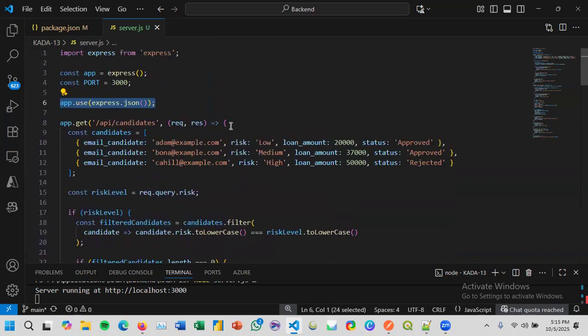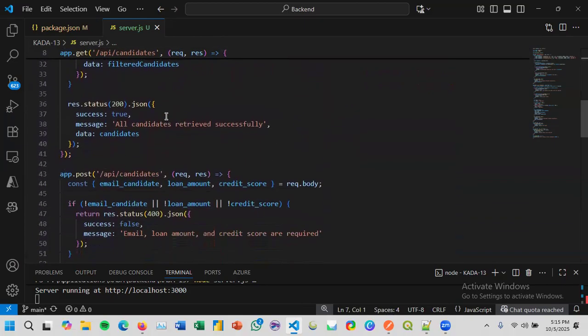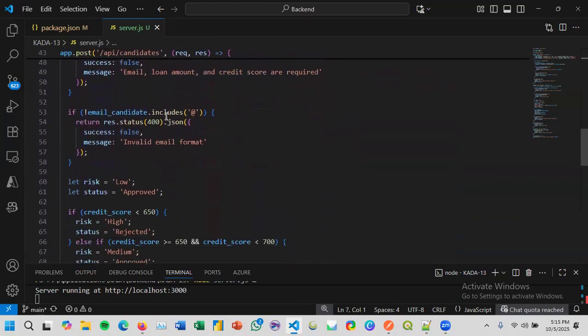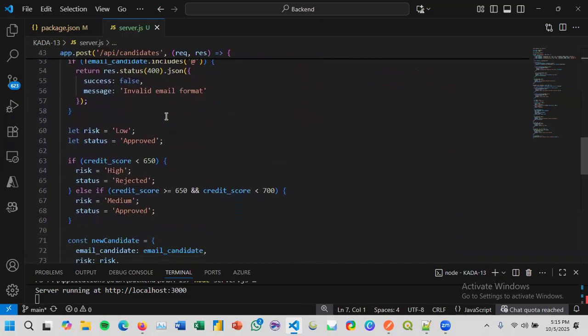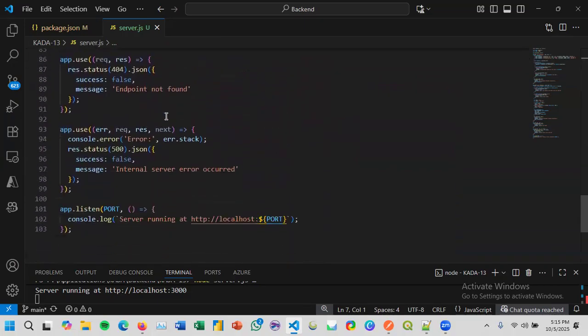Global middleware at the top, routes in the middle, which in this case are get and post, and error handling at the bottom. This isn't a random rule, it is how Express works, and you must comply with it.